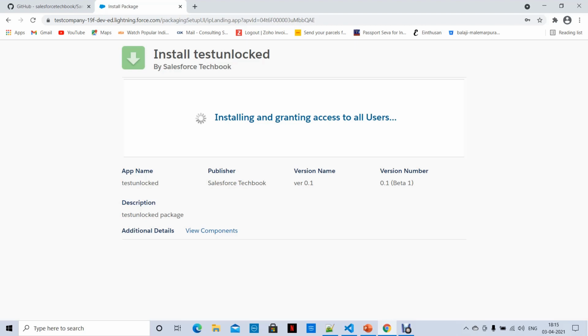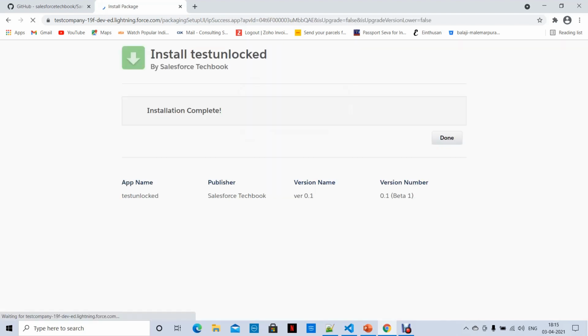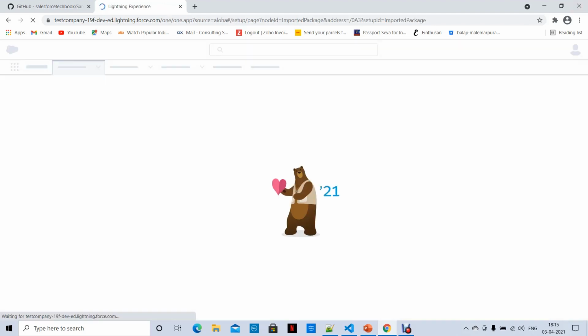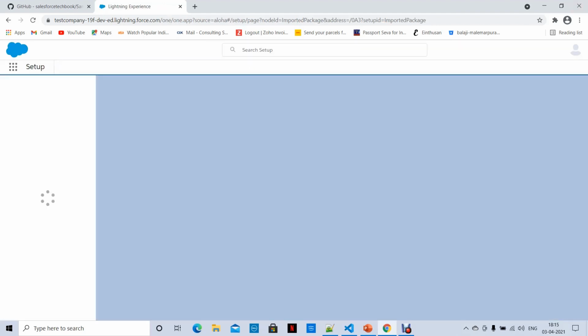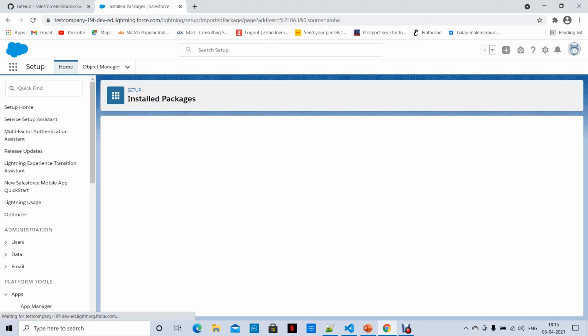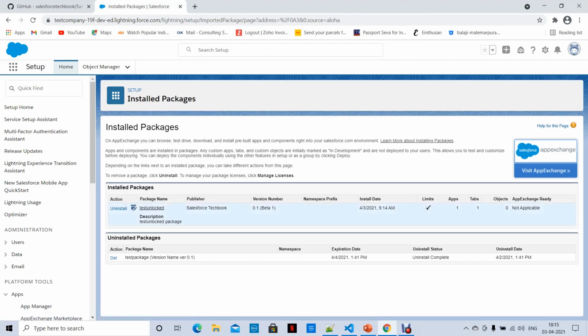Now we are installing the package from the user interface. Once the package version is created, if you see the beta version number, like 0.1 something, you see beta, right, and it is not released because I didn't promote this package.